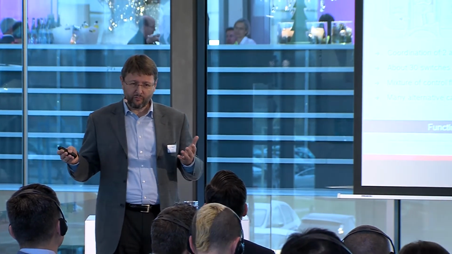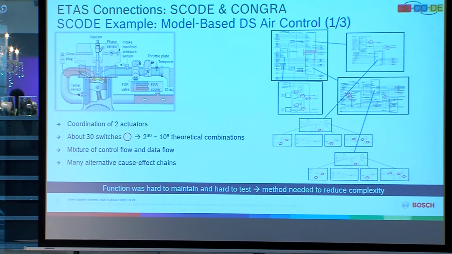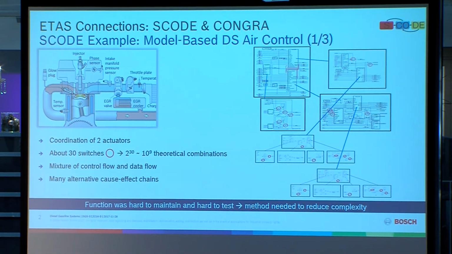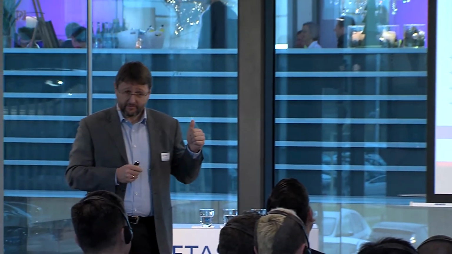What's of interest for us are only the parts that are encircled in red, because these are the switches. And if you take a look at the switches, you will come up with a number of 30. And that's surprising because we said, okay, we looked at a physical approach. Actually, we were expecting complicated equations and many, many equations, but why do we end up with 30 switches? If you do control engineering, you look at matrix inversion and what have you, very complex maths. But no switches. But if you open up our control ECU software, then you will find switches. And this is exactly what we address with Escode.